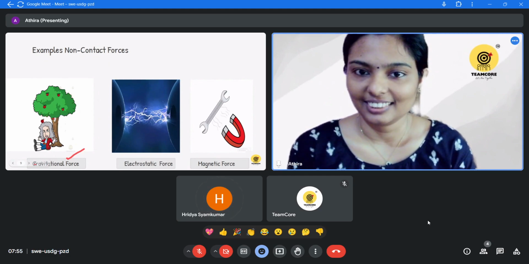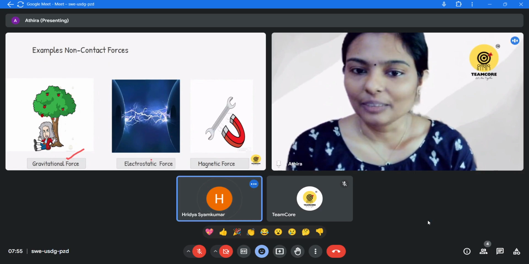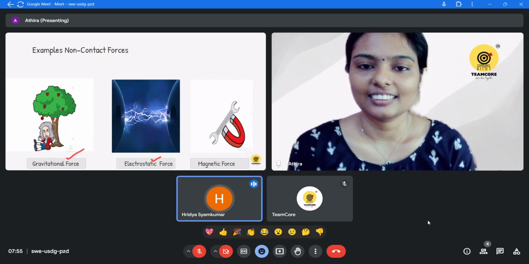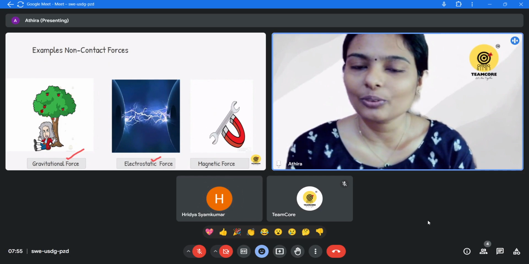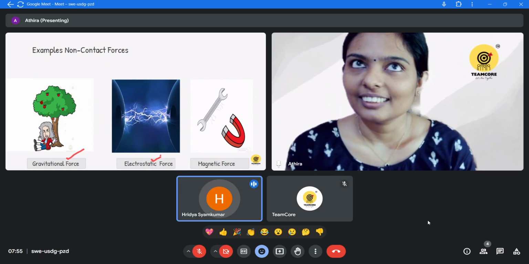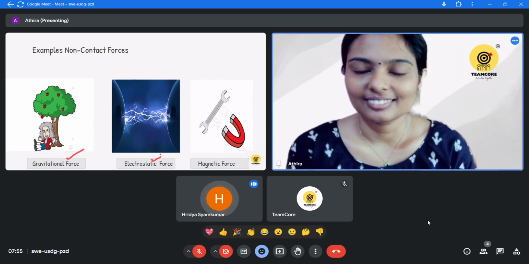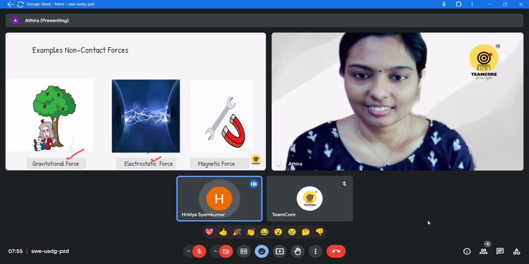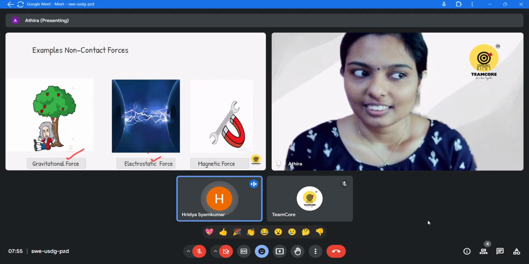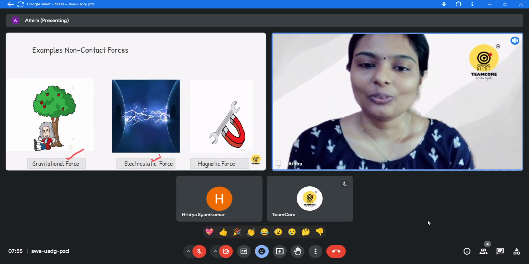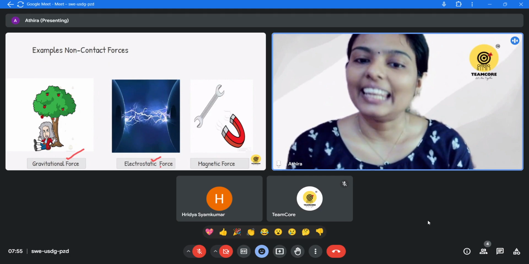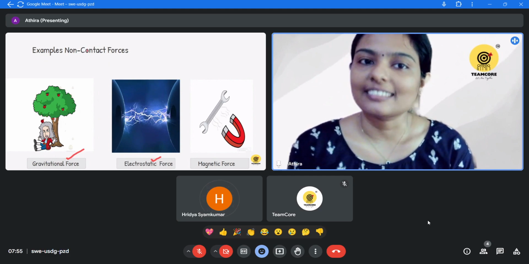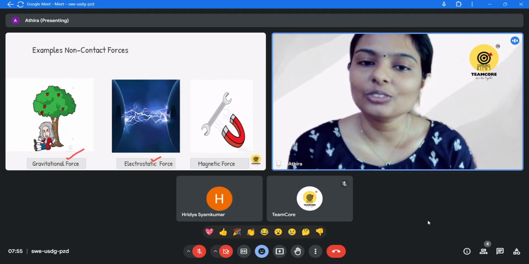Now, the next one, electrostatic force. What do you mean by electrostatic force? It's a force that the charges exert on each other. Yes, very good. The force exerted by charges is called electrostatic force. So electrostatic force is also an example of a non-contact force because it does not need direct physical